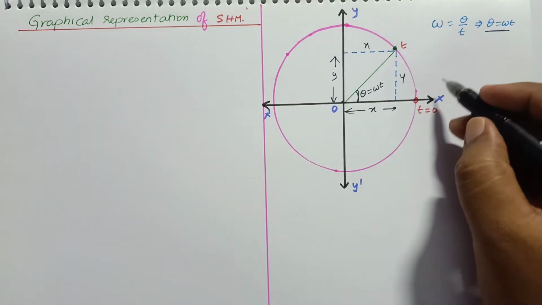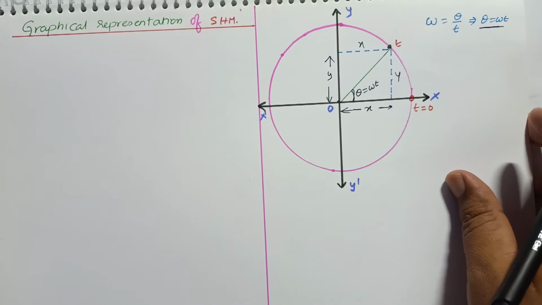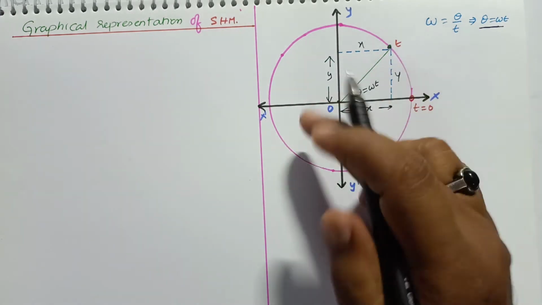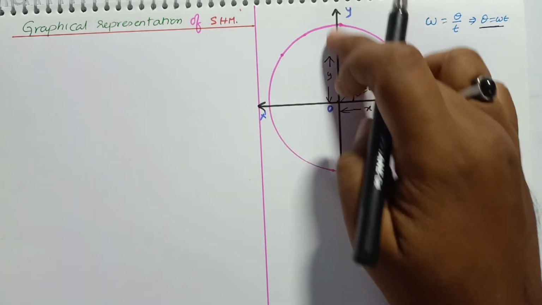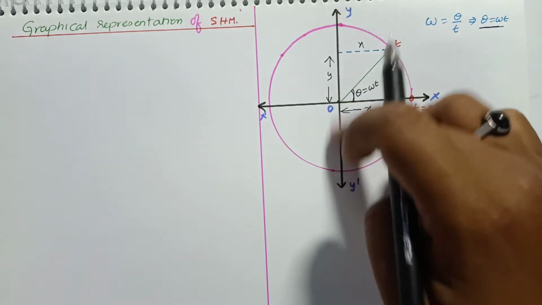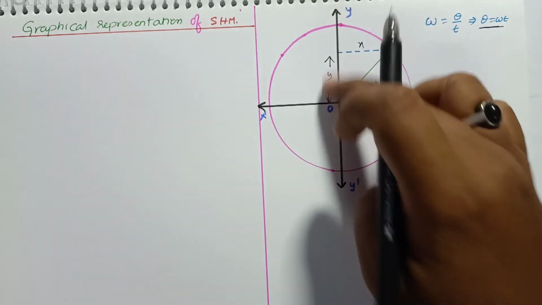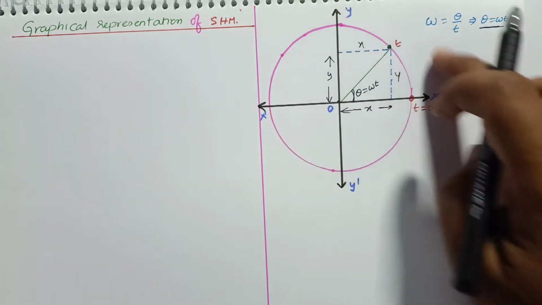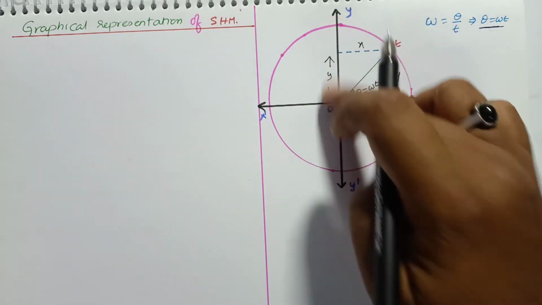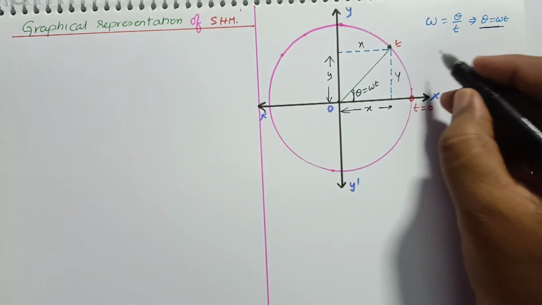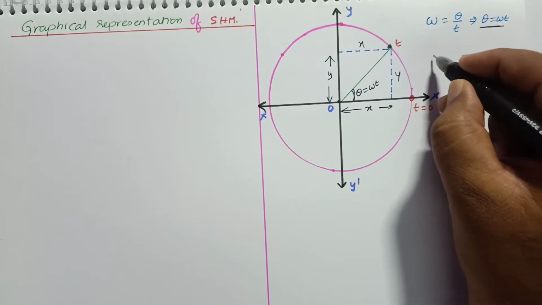So in this process, first of all, we need to consider the graphical representation. To and fro motion means what here? The particle is moving to and fro, up and down like this. It is going to be a simple harmonic motion in this case. It is just like an oscillation of a pendulum here.